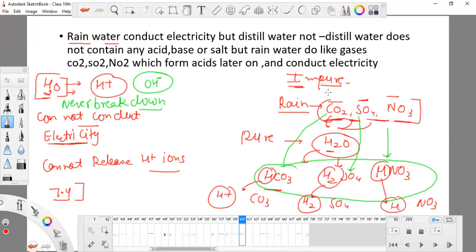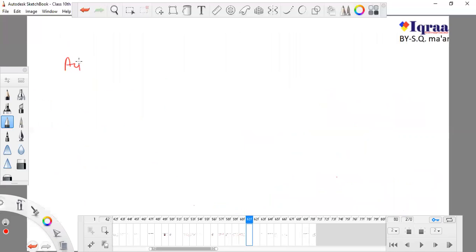But the water from clouds is very pure, it is pure H2O. As soon as it comes in contact with these gases and some other minerals which are previously present in our nature, they will convert the pure water into these acids. Sometimes you have heard about a term known as acid rain. Clouds never give us acid rain. The water which falls down from clouds is very pure.